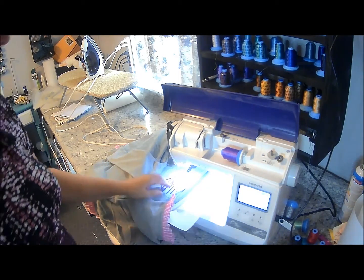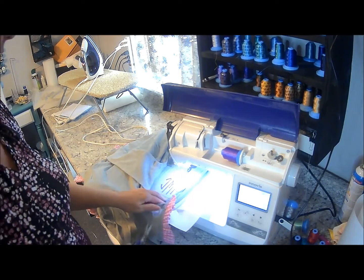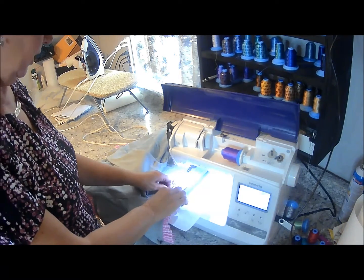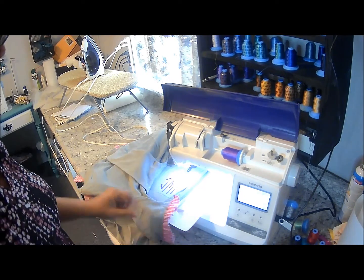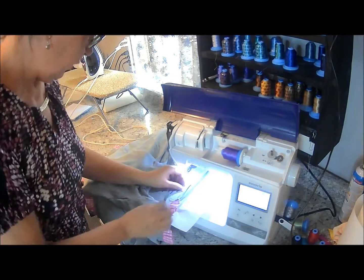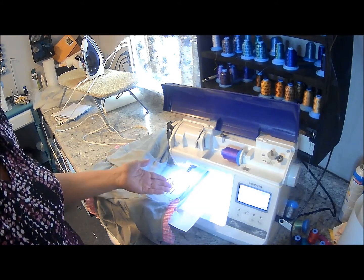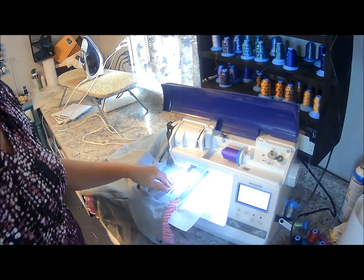So I just wanted to stop here a second because I want to share with you that I always clip my jump stitches when the machine stops. Sometimes I can clip them if they're far enough away from the needle while the machine's moving, but you want to be extremely cautious doing that. That's how people get their fingers stuck. So when the machine stops for thread changes, or if there's a big jump coming up, just hit your button and stop it so that you don't let the foot snag on your